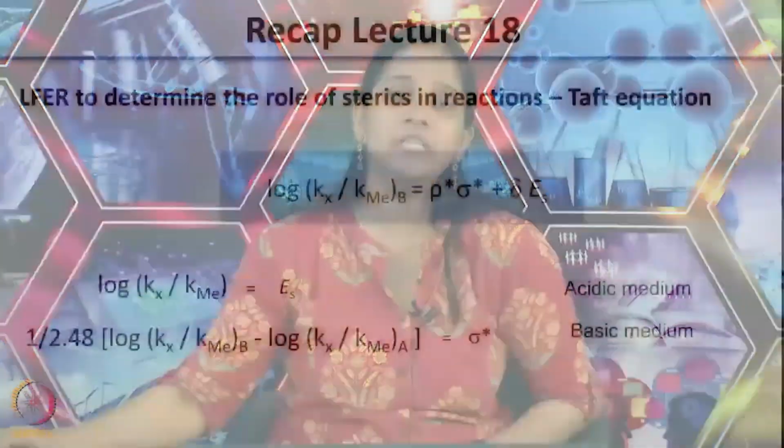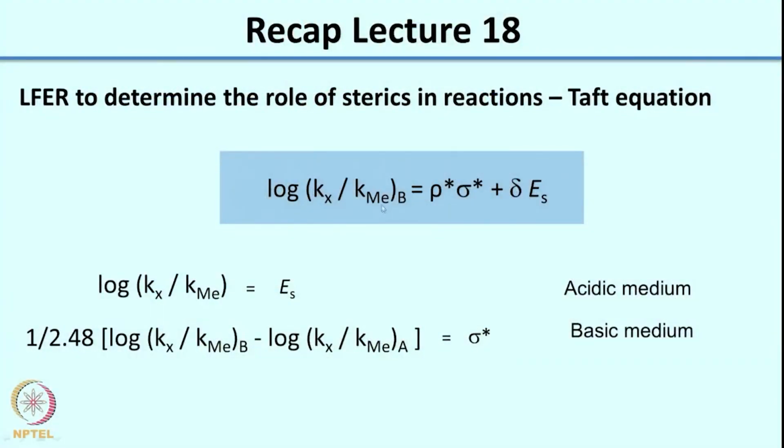The standard reaction for the Taft equation is ester hydrolysis, and if you do the ester hydrolysis in a basic medium, essentially log Kx over Kme in a basic medium is given by rho star sigma star plus delta Es. So, here delta is related to the effect of sterics on a particular reaction, and to get the value of Es, what was done